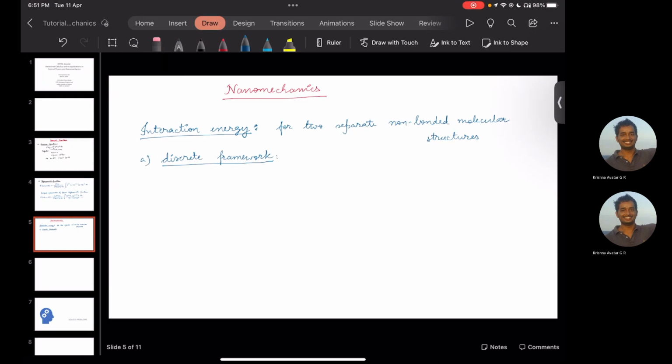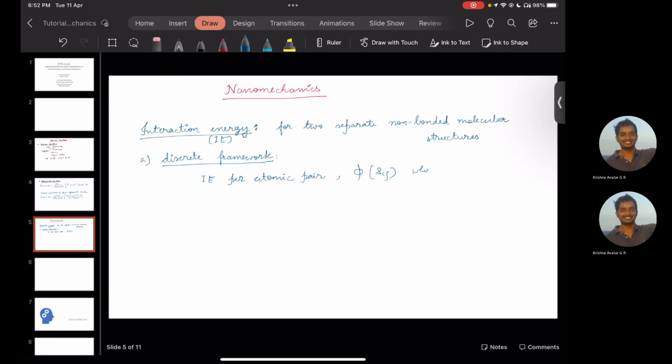In this case, I'll denote interaction energy as IE. Then IE per atomic pair is given as phi of rho ij,